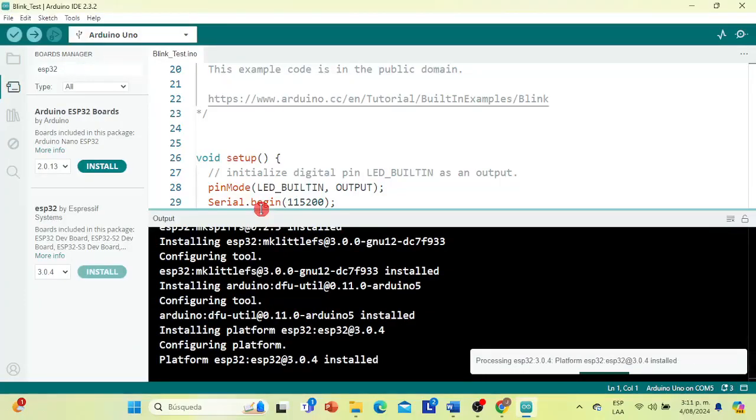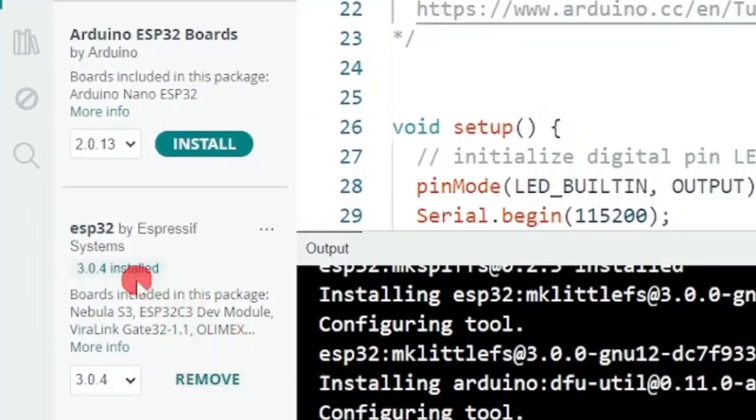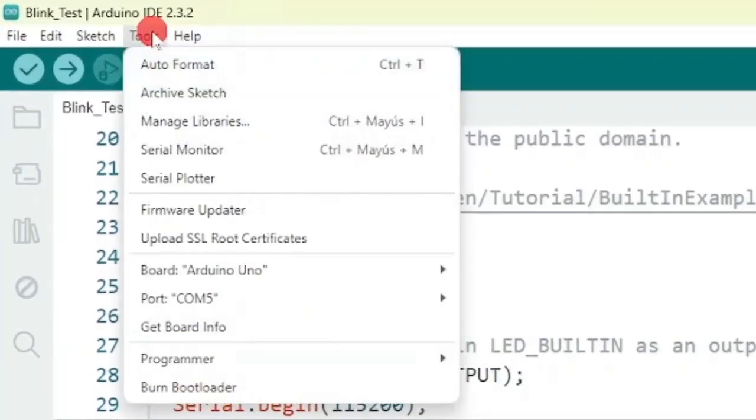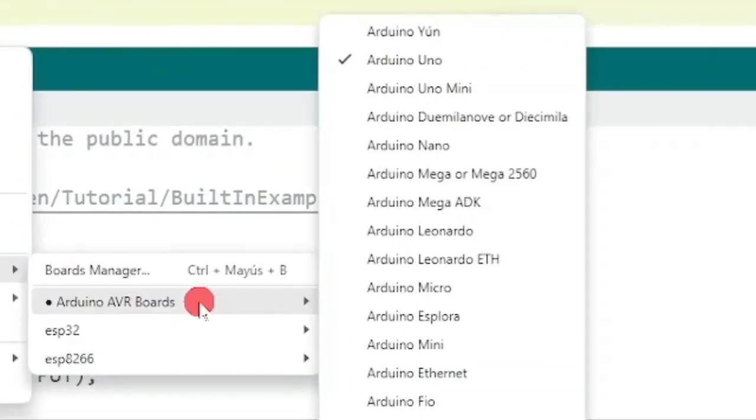It may take several minutes depending on the speed of your internet connection. And that's it, we can see a message indicating that the installation was completed. Once installed, we can go to Tools, then to Board, and here, in addition to the default Arduino boards, we